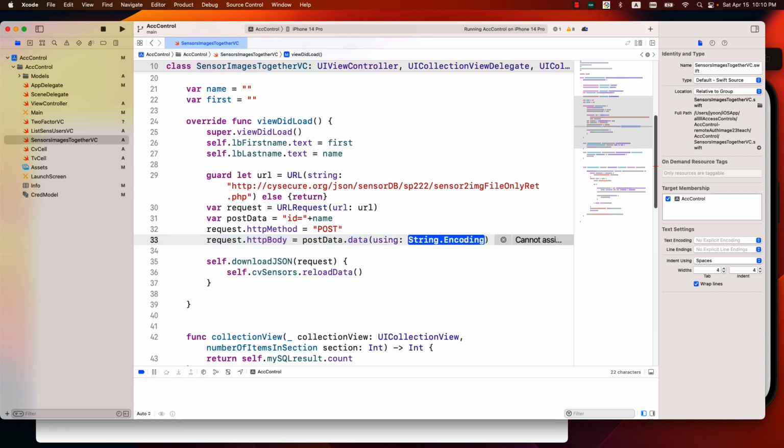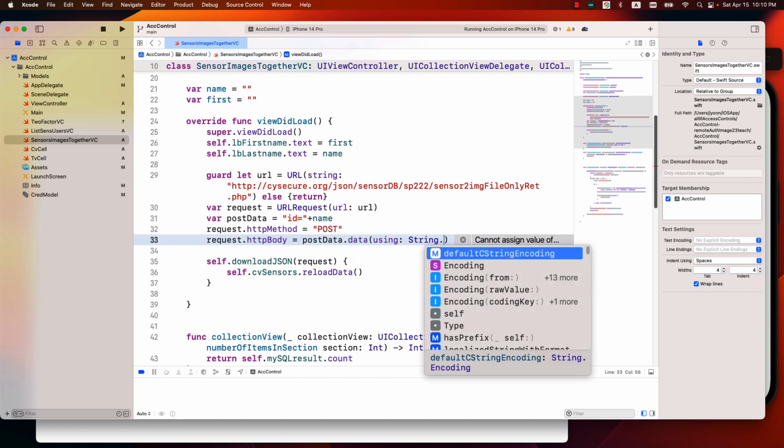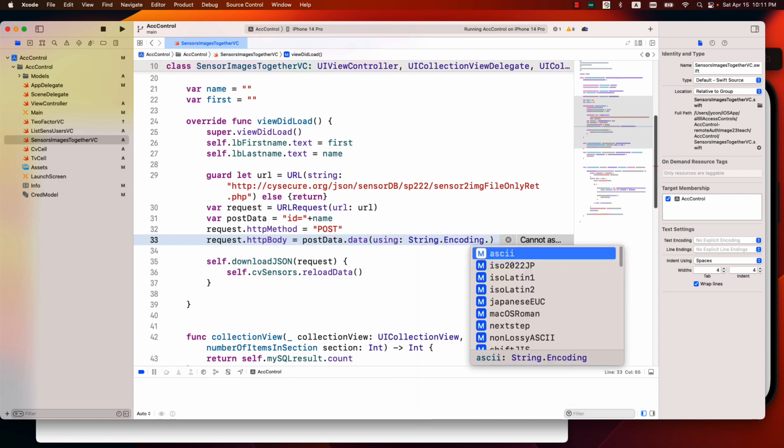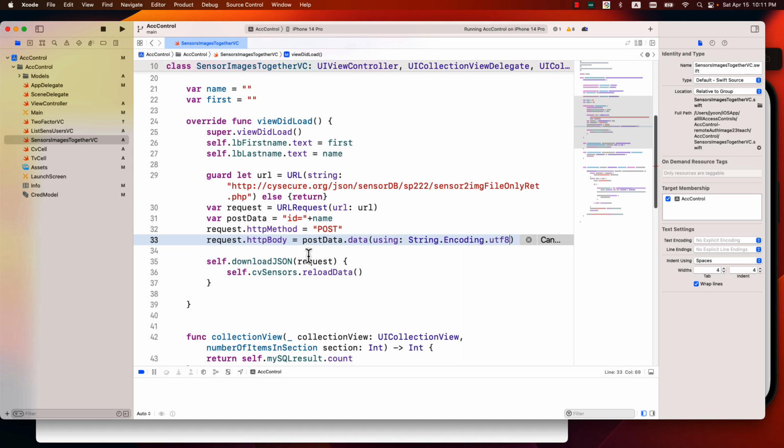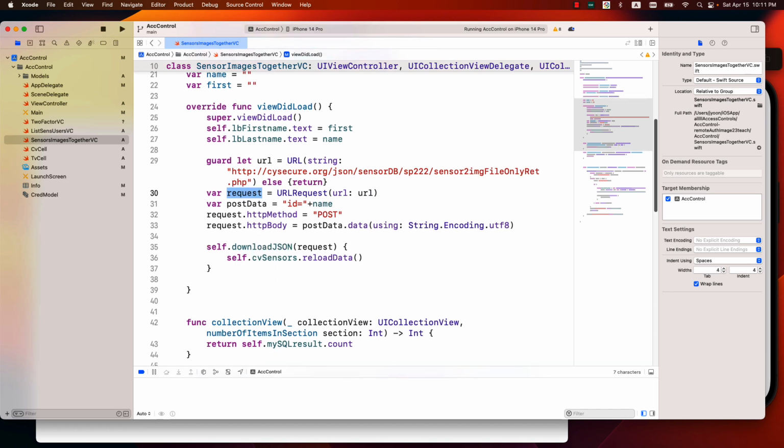Using string dot encoding dot UTF-8. So request is defined here, and it will attach the method, and will attach body, and this request is a URL request. It has already this URL that goes to this download JSON. So